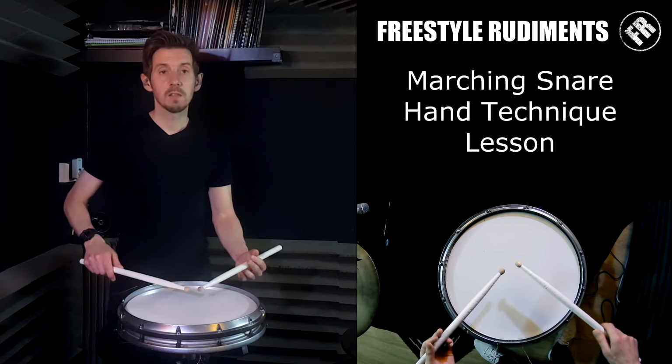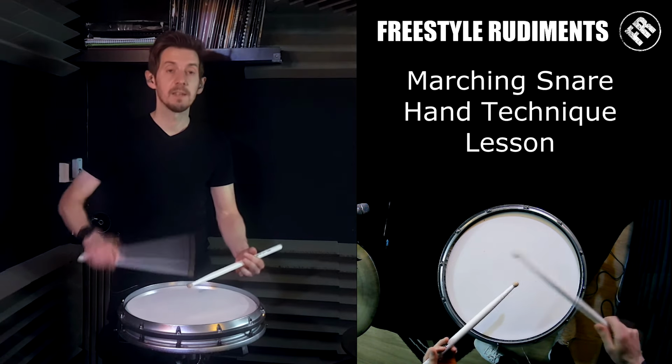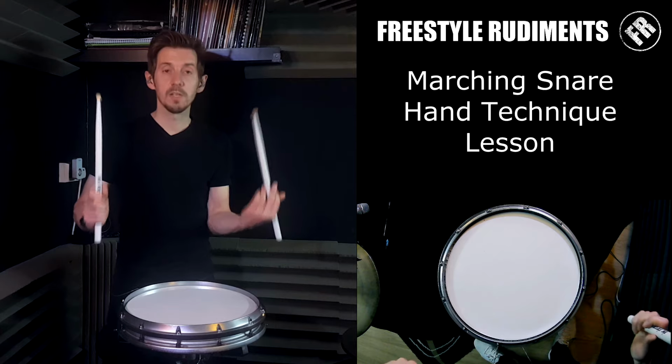And then what I do is I'd start to play the first exercise that every drummer always plays in the marching drum line, which is 8 with this hand, followed by 8 with this hand. Now we're going to try and play it with what we call full turn. So we're going to try and bring the sticks all the way back to here. But before we do this, you need to quickly know one last thing: